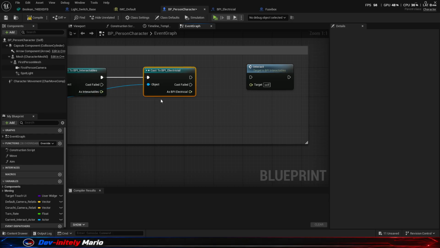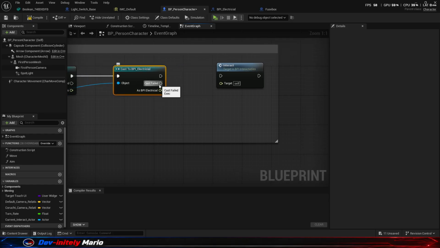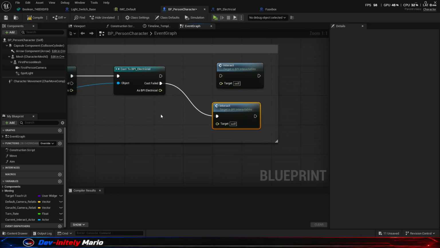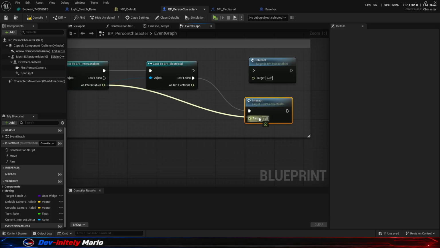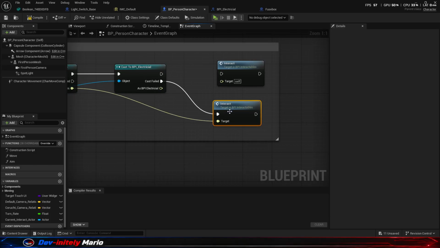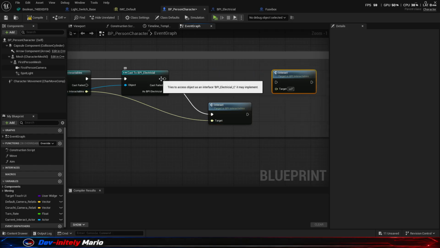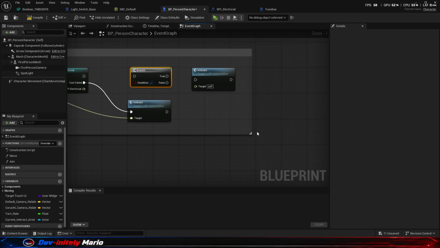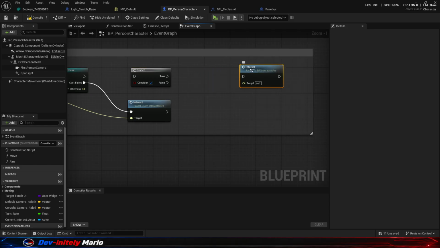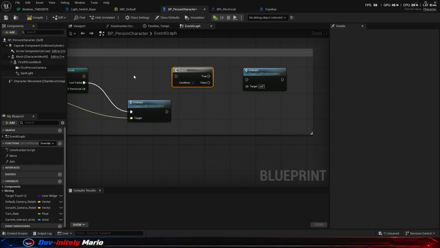So, and here on fail, so it does not have an electrical interface, we can go further. There's no need to wait for anything. So now we want a branch. Be left click. And now we want to